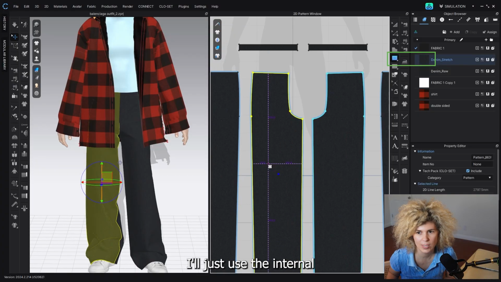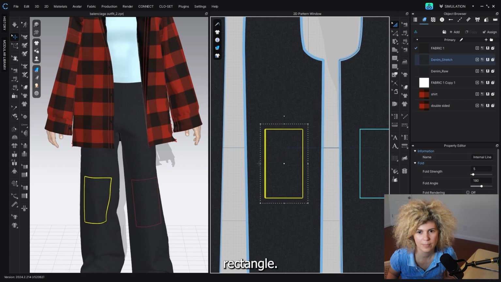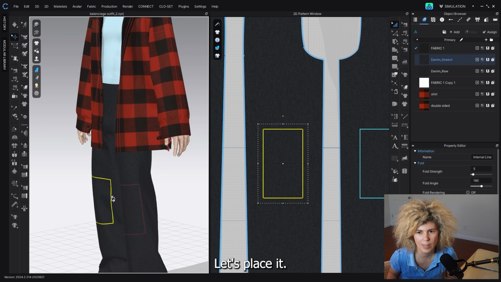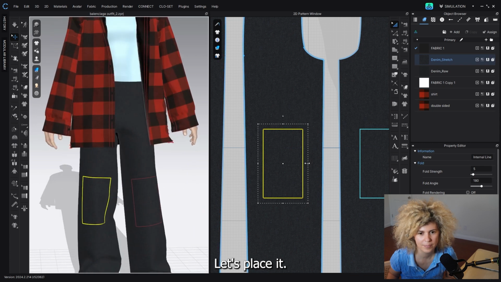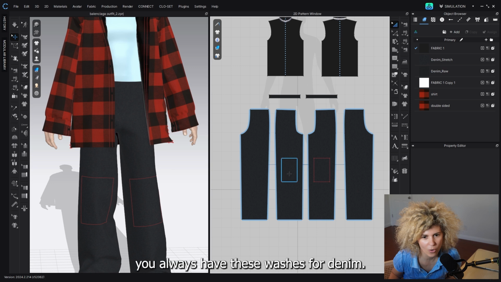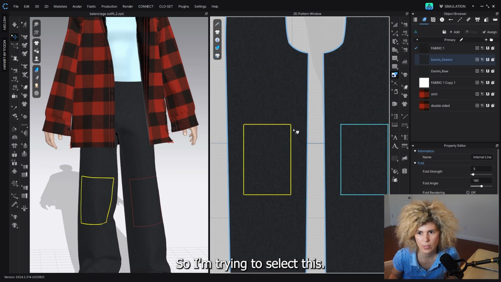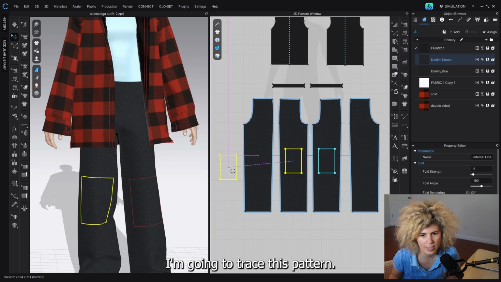I'll just use the internal rectangle. Okay, let's place it. Yes, so on the knees, you always have these washes for denim. So I'm trying to select this. I'm going to trace this pattern,